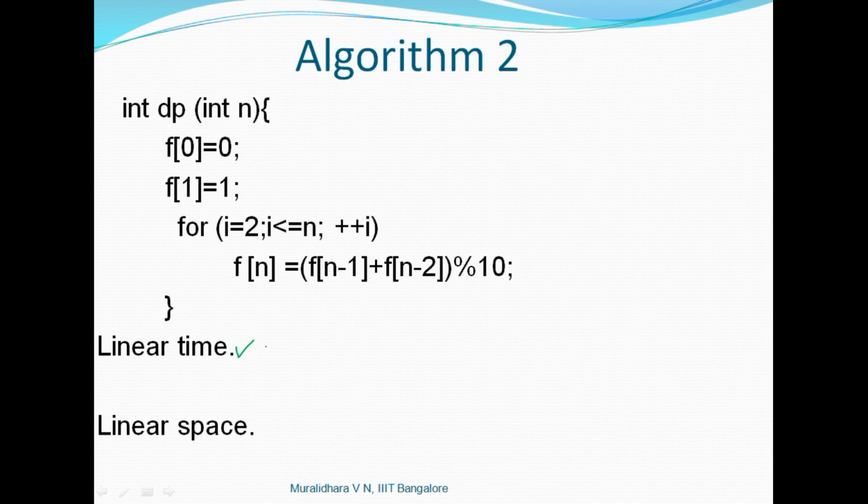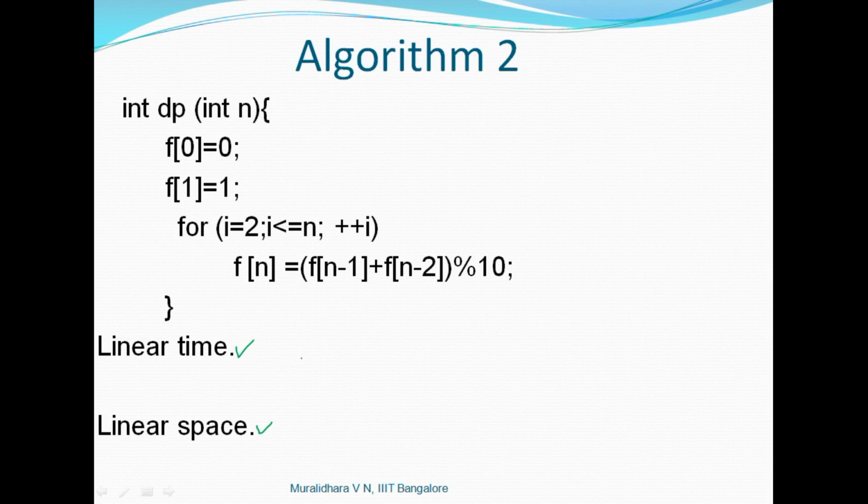So in other words, this algorithm is a linear time algorithm. But space is the bigger issue here, because if I have to do this, I need an array of size 10 to the power 6, right? So I need an array of size n. So this algorithm takes both linear time as well as linear space to compute this. So time wise, this looks okay, but space wise it takes too much space to store all the numbers.